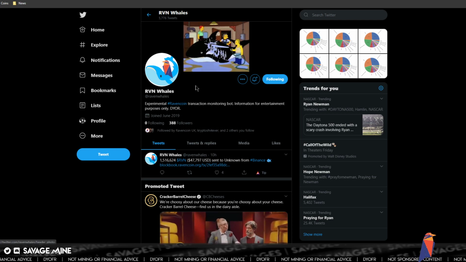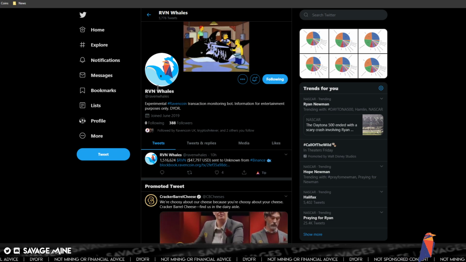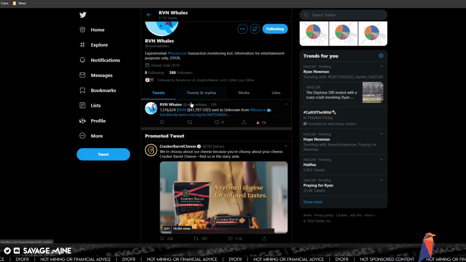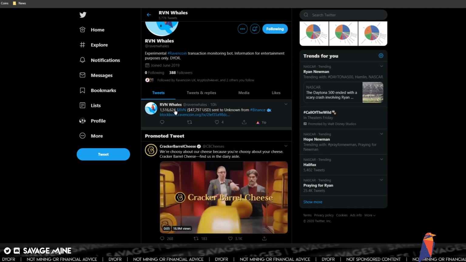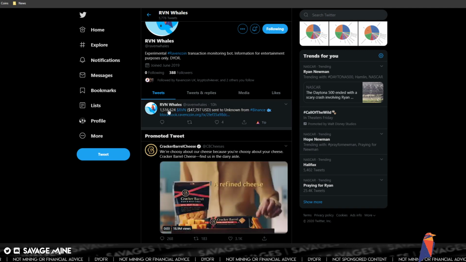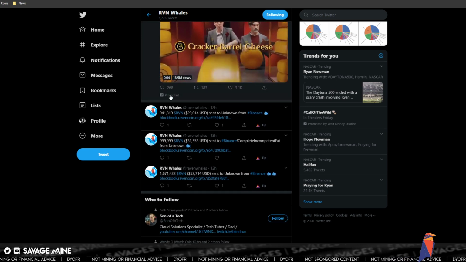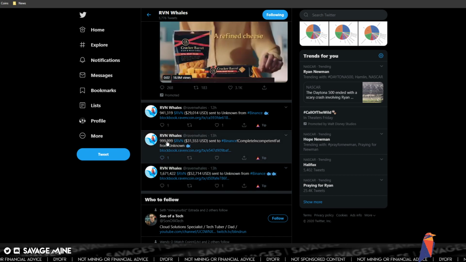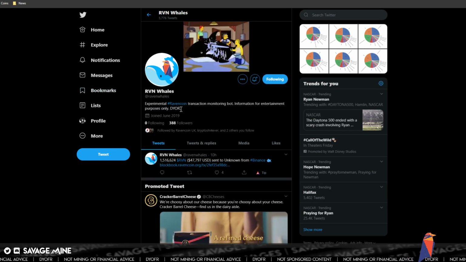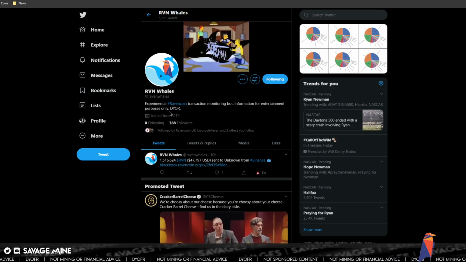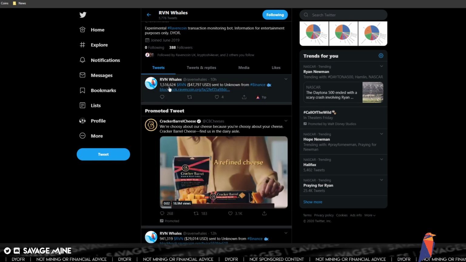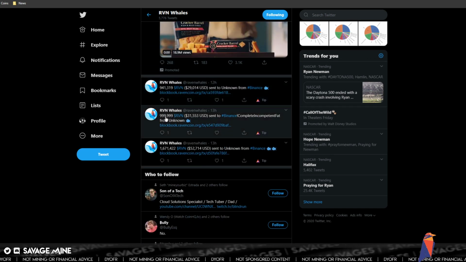Let's also look at Raven Whales. This is a Twitter account that documents when large amounts of Raven are moved from one address to another. I can't remember the minimum number, but they don't do it for every transaction, that would be crazy.